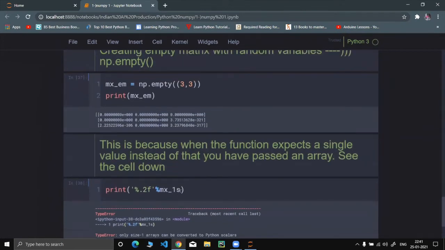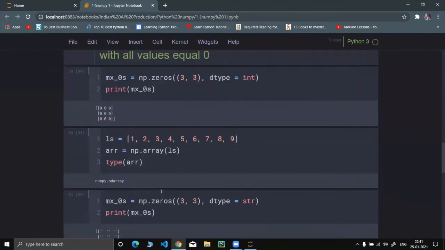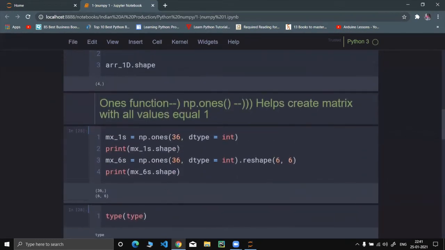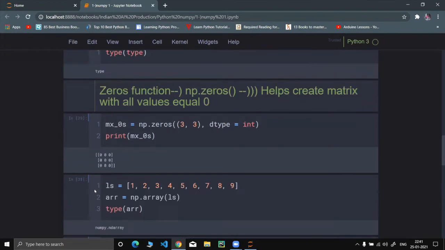Take our mx_ones variable, it's over here, and it has a shape of 36 columns and a single row.